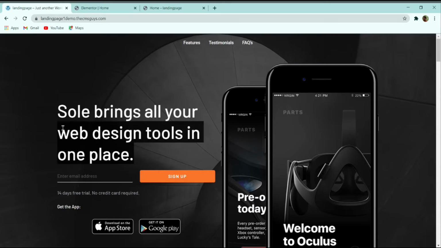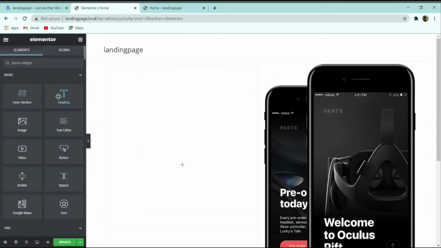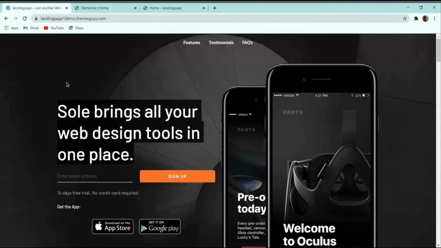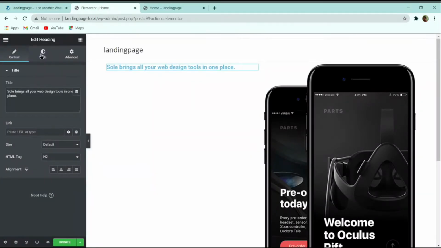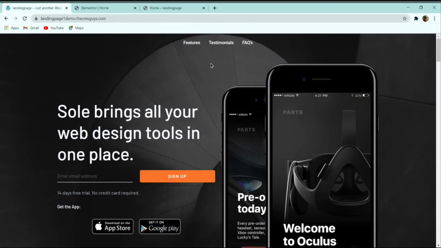Here you can see that we have some text over here. Let me copy the text. Again, I will click on these nine dots, and here I will simply drag this heading on the left hand side. In this title part, I will simply paste the title over here. Now you can see that this text is in white color. I am not going to change the text color to white right now. Simply go to the style, and here you can see that I am leaving the text color default, because after I add the background image, I will change the text color to white.